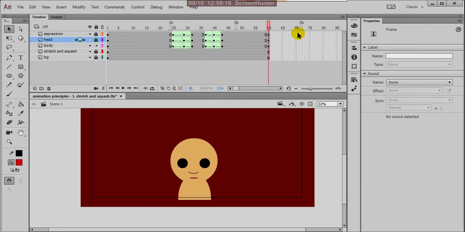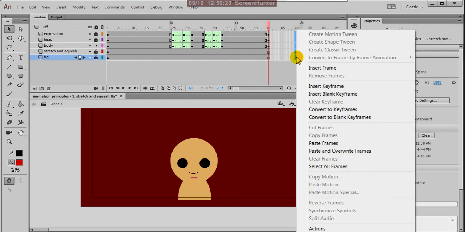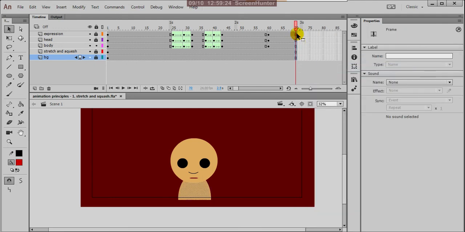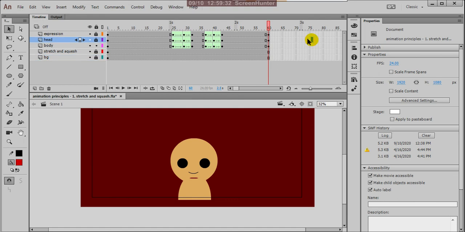So how to extend? You can select these frames, right click and insert frame, so that these frames are automatically inserted. But right now I don't want to, so it is already extended. So this is the action about stretch and squash.